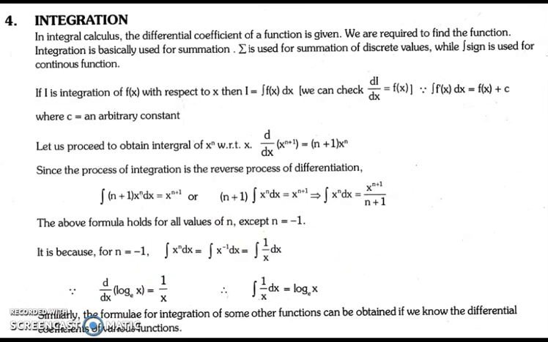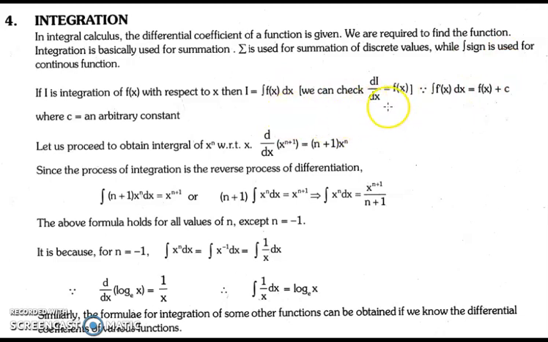So in case of this integration part, we need not to study all this theory, whatever it has been written. You can read it for your own convenience. But what I suggest you, as far as your integration part is concerned, it is basically the exact opposite of the differentiation. Okay, means if I say that derivative of sin x is cos x, so integral of cos x would be sin x. If derivative of cos x is equal to minus sin x, you can refer the formulas that we discussed previously. So the integral of cos x would be minus sin x because we have to compensate a sin as well. Okay.